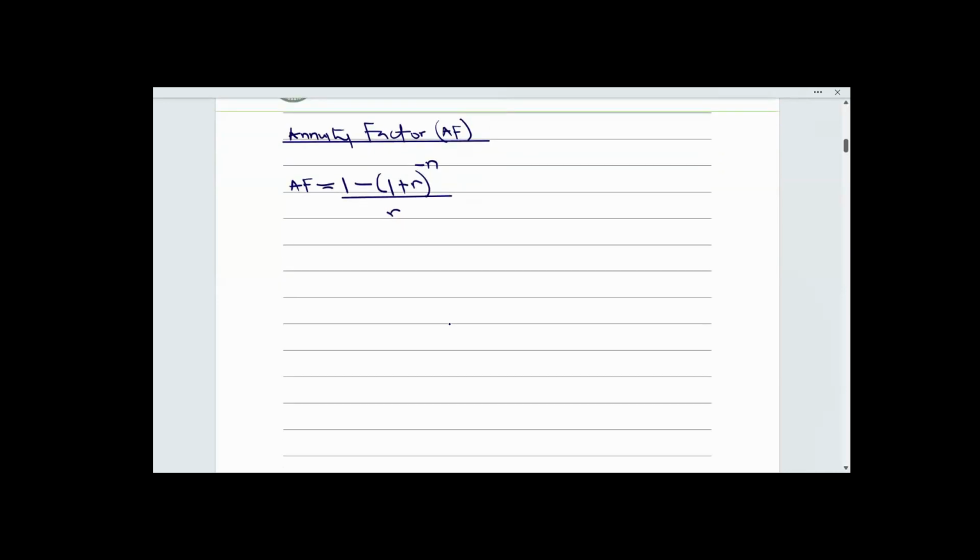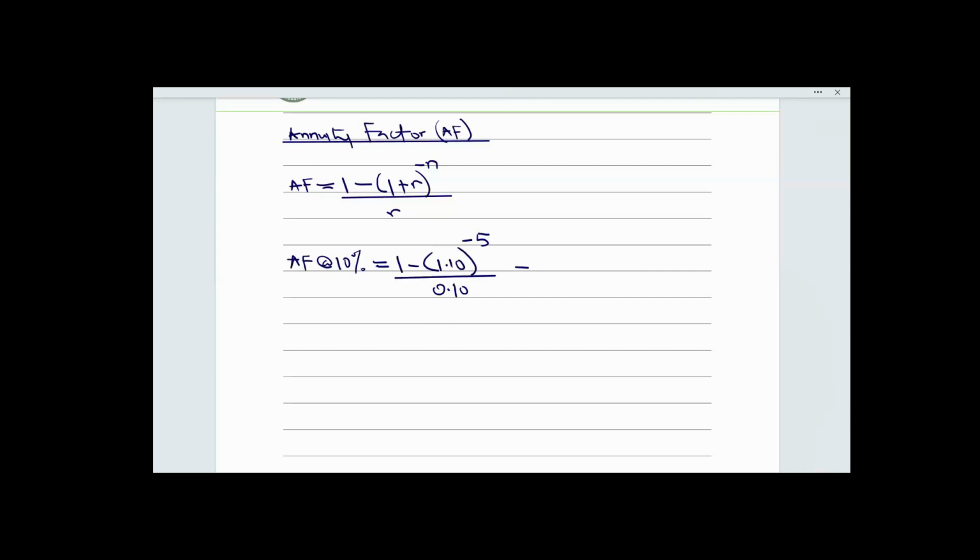Annuity factor at 10% would then be equal to 1 minus... r is the discount rate that you have assumed. n is the maturity date of the debt. So here will be 1.10 raised to power minus 5, all divided by 0.10. Okay,